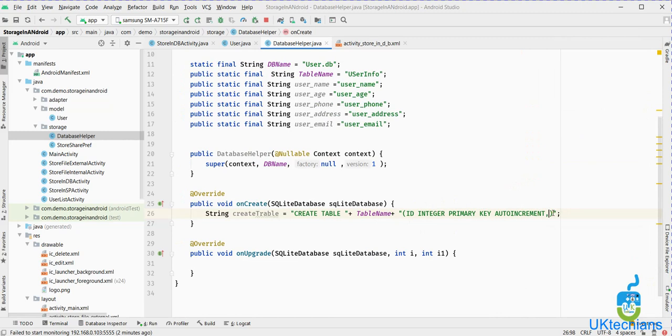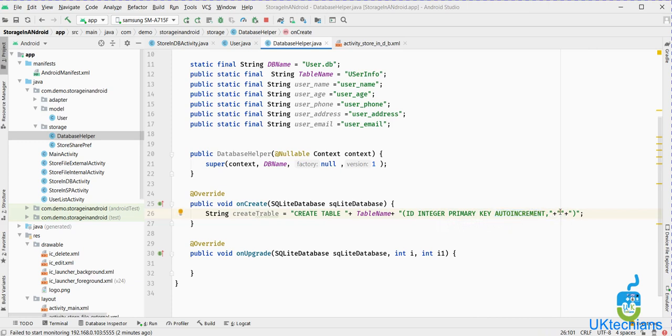So the next thing will be a concatenation sign and a double space, right? So this means the first column will be ID, the type of the column will be integer, it is the primary key, and the data will be auto incremented, right?